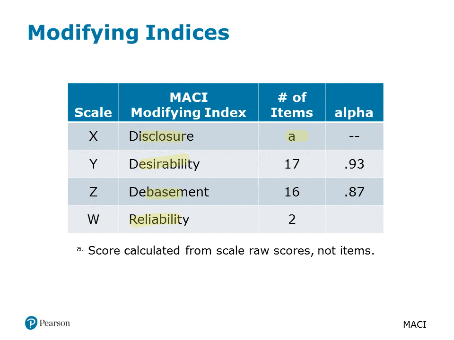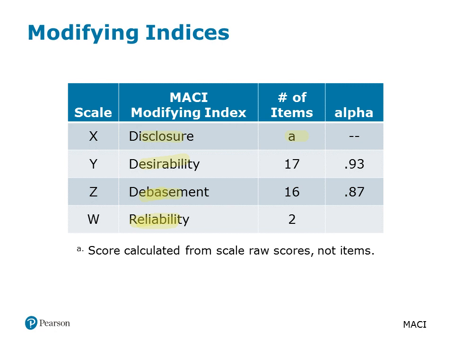Desirability assesses the extent to which the results may have been affected by the patient's inclination to appear socially attractive, to respond in the desired direction. And debasement measures the opposite, whether or not the individual was likely to devalue or deprecate him or herself. And then reliability, finally, includes 2 items